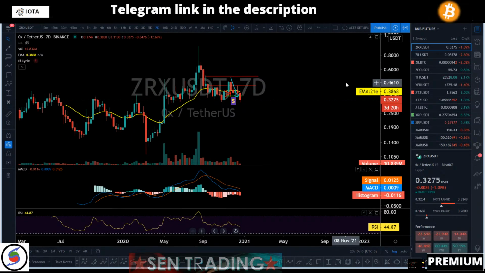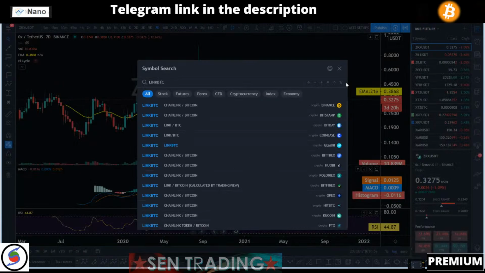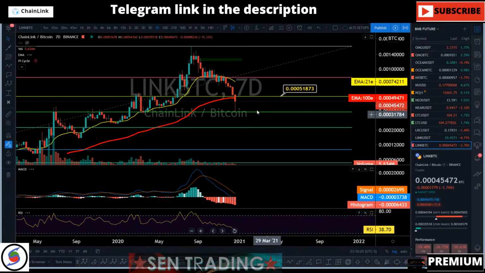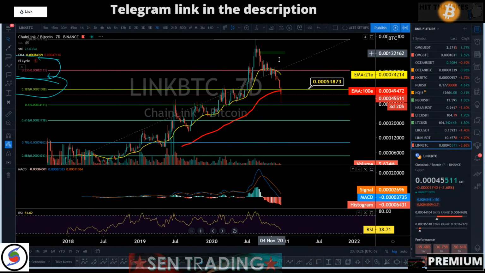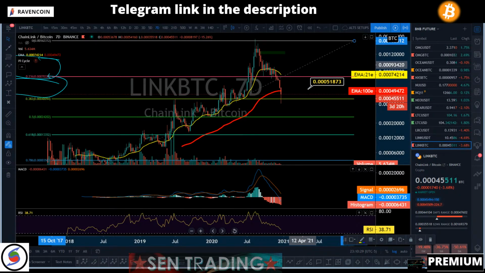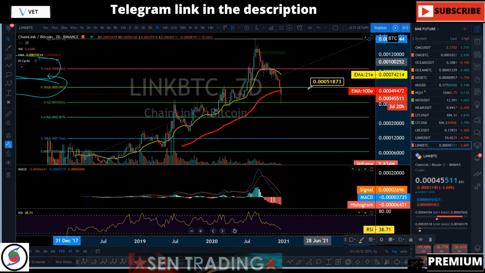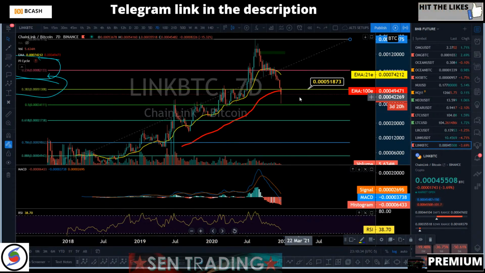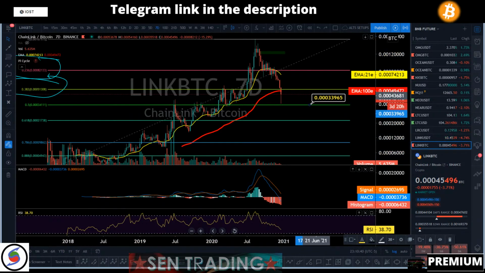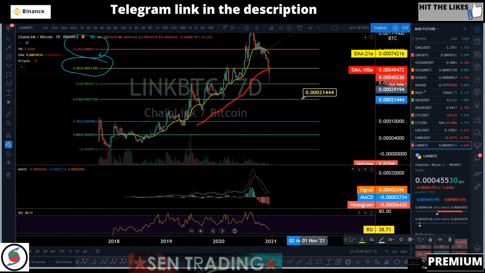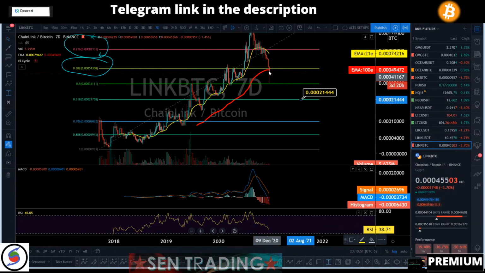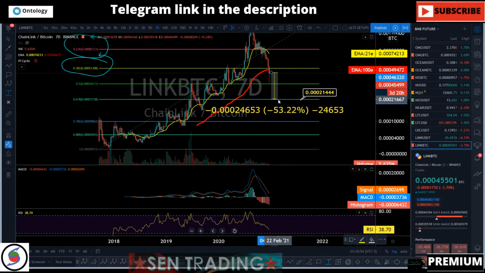Now let's go ahead and take a look at Link BTC, because Link BTC is extremely bearish. That's why it is so important to pay attention to your Fibonacci and your macro picture. As you can see, Link just hit a 50% pullback versus BTC. The 0.382 was right here, 50% pullback just about 33,000. The next fib level to pay attention to is going to be just about right here. You're looking at like 20,000 sats for Link.